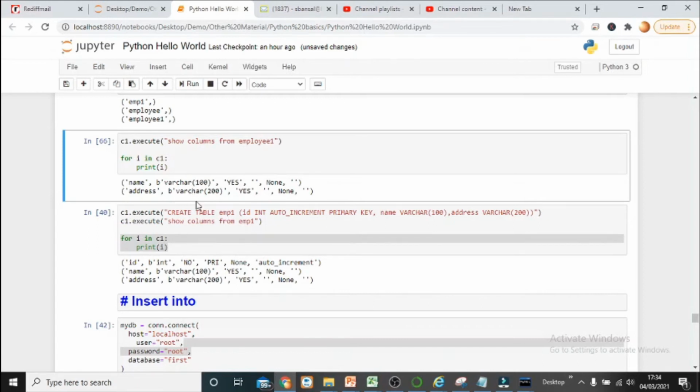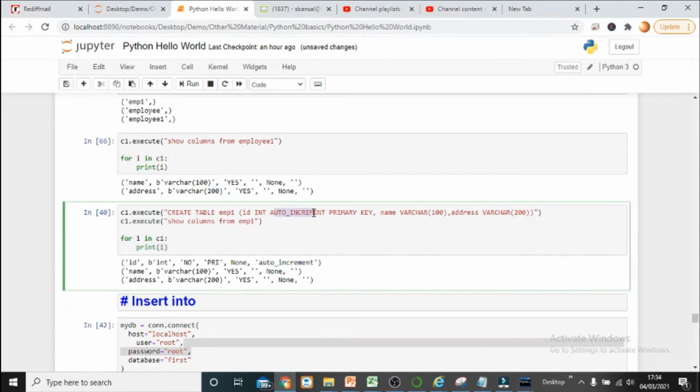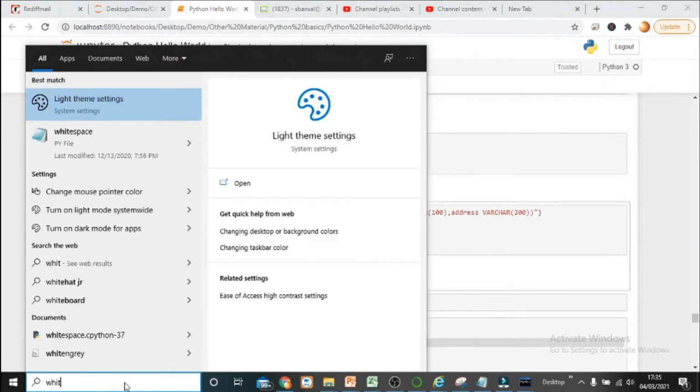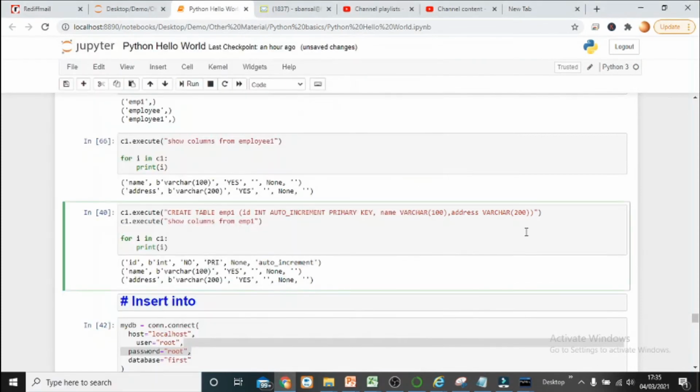Now there is another important function which is called auto increment, and auto increment is normally used for all those tables which contain a primary key. Now what is primary key? As we have discussed earlier, whenever you have two tables, one is employee personal detail table, another one is employee salary detail or professional detail table. So there are two different tables available in the system. Now if you want to connect these two tables, how can you connect them?